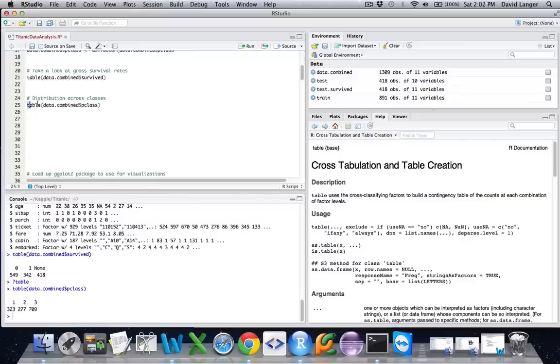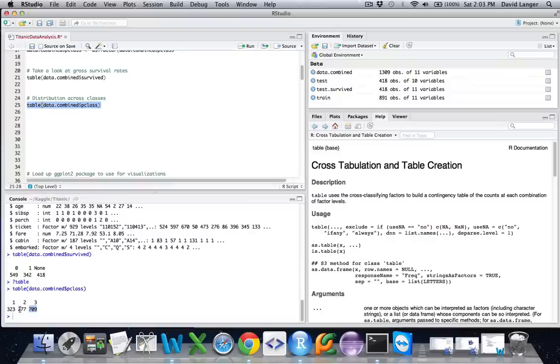Okay, so I executed this line of code. Once again, it's just, execute the table function on the Pclass variable. And what you get out is the distribution across the classes. This is particularly interesting. There are a lot more people in third class than in the upper classes, and that would make sense. If you've ever flown on a commercial airliner, you know that the vast majority of people are not in business or first class. They are in coach or economy, whatever the designation is for folks who didn't pay a lot for their ticket. So that makes a lot of sense.